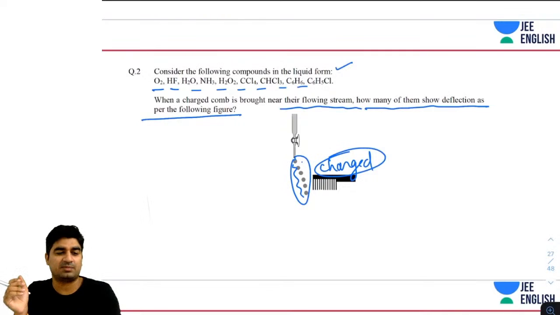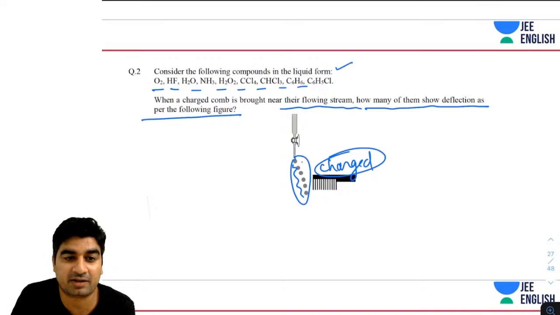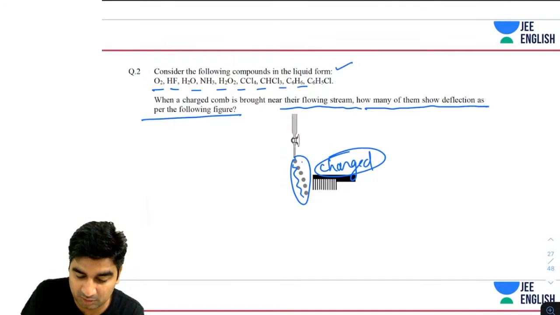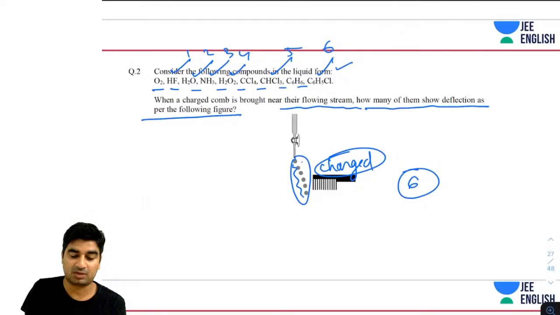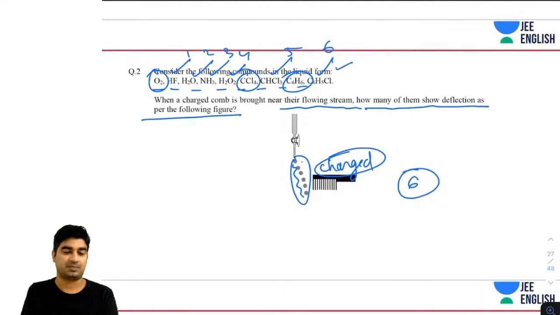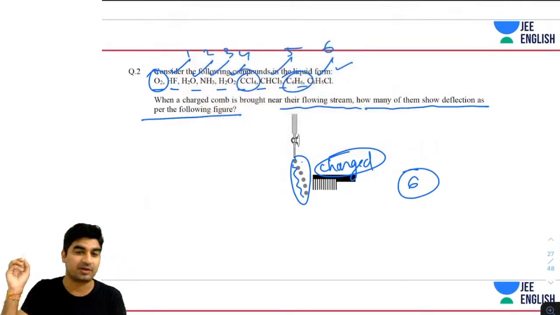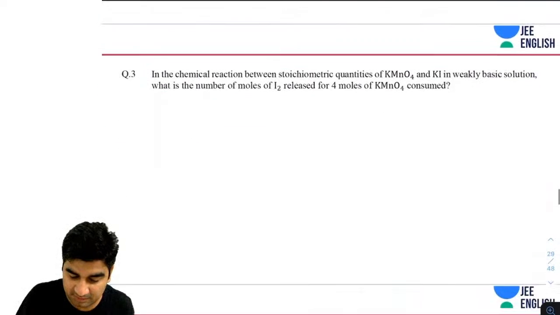Yes, okay, you can solve them. These are not tough problems, I'm telling you. So only polar molecules will get attracted towards it. So find out the polar molecules. HF is polar, H2O is polar, ammonia is polar. Then we have H2O2, and this is polar, this is polar. So count them. There are 6 molecules, guys, which are polar. O2 is non-polar, CCl4 is non-polar, benzene is non-polar. I hope now you got it, guys. Got it? Tell me. So now let's move to the next point.